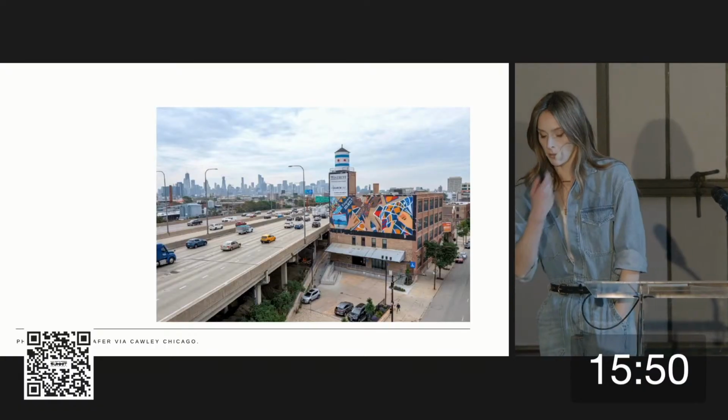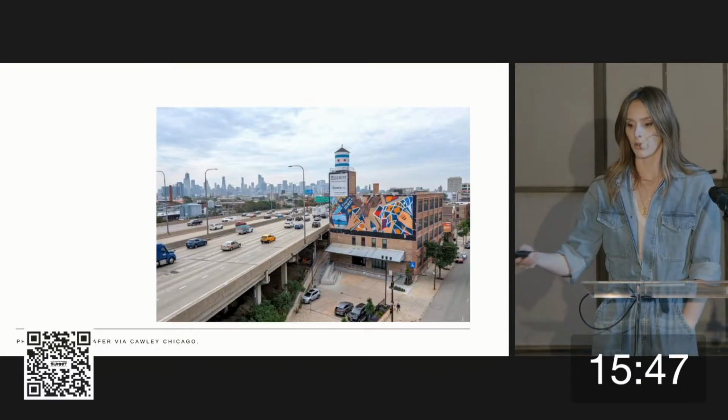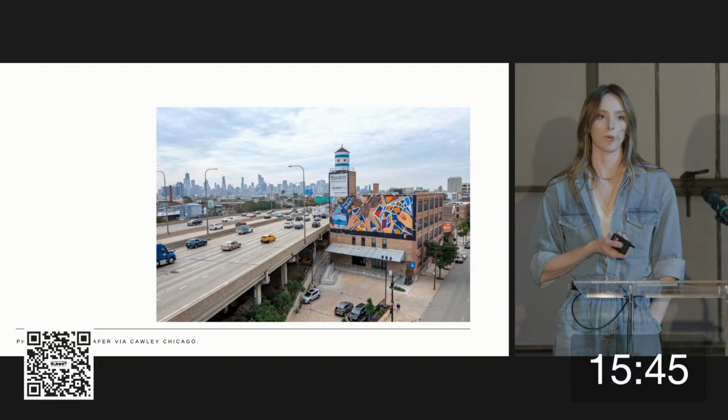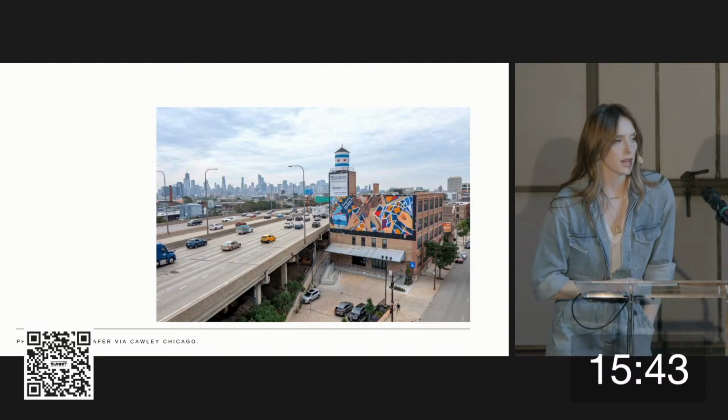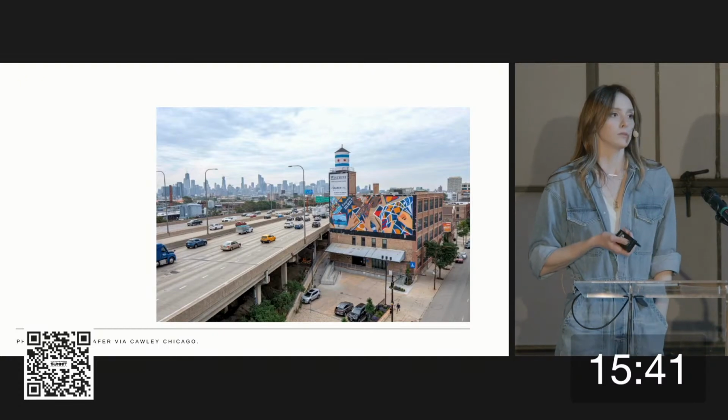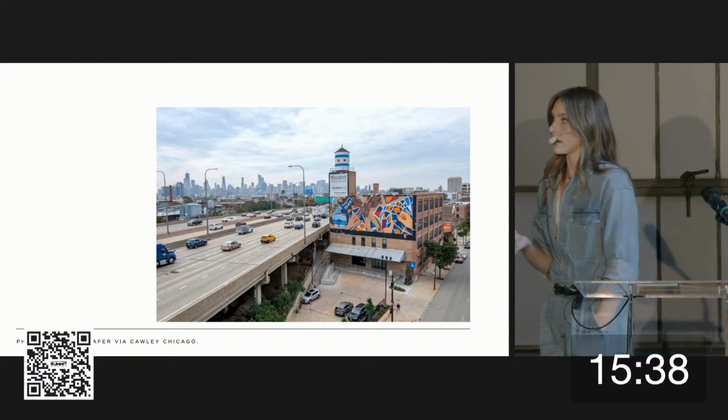Now this is an example of a drone shot taken for the commercial company who owns the building. And their goal is to lease their remaining space.